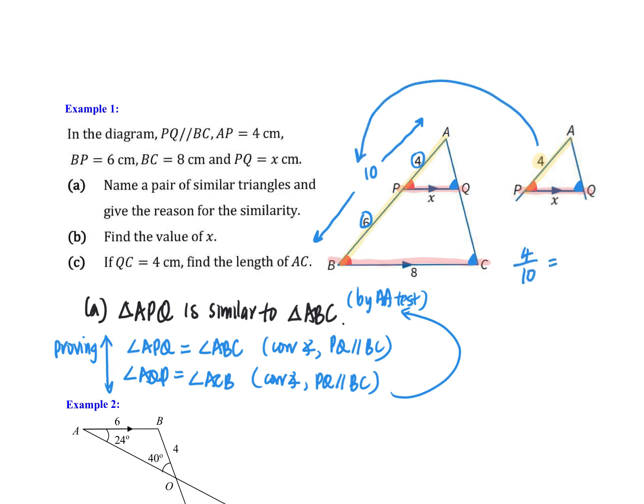So now we pick another pair. Let's pick the base. So the base is x for the small one, but it's 8 for the big one. So the ratio should still be the same. So you write down x and 8. So you need to make both of them the same. You either cross multiply or make the denominator the same for both. So in this case, you get 32 is 10x. X is just